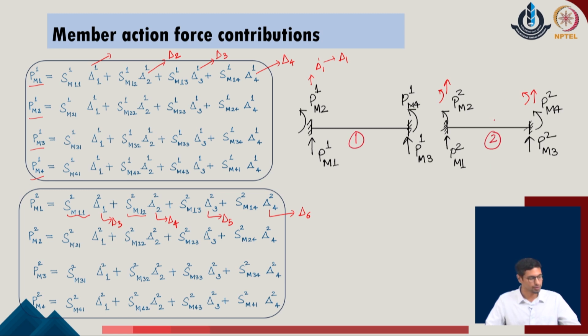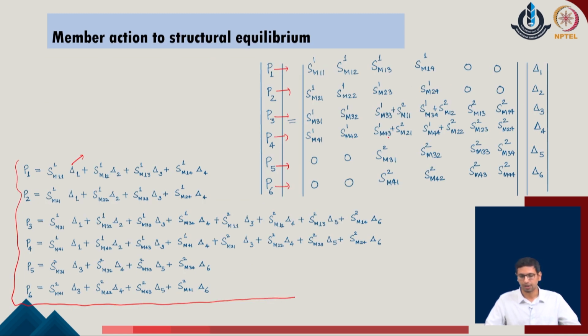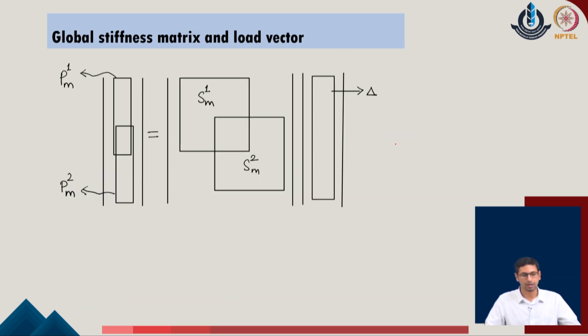So, keeping these ideas in mind, we can easily assemble this equation in terms of the equivalent set of forces which have been identified and the corresponding values of the deformations which are located for the structural system. Whatever stiffness contributions we have defined here have all been brought from the member stiffness contributions. So, we realize that one can easily contribute the stiffness of the given system with respect to member 1 or member 2, because we are solving a 2 member system for now, and this is attributed with the 4 cross 4 stiffness system identified over here.